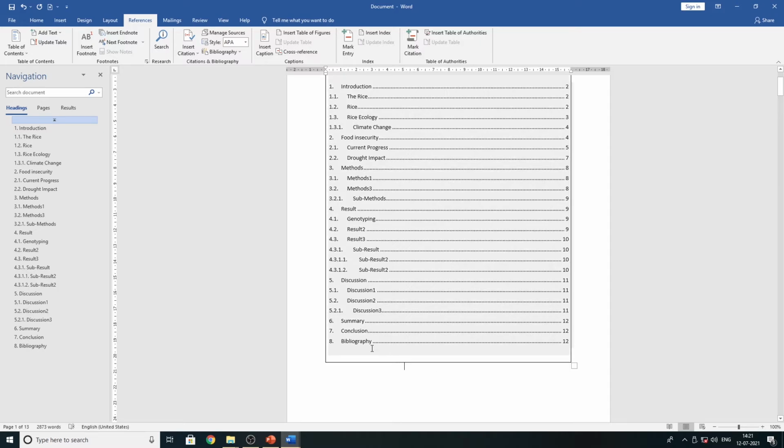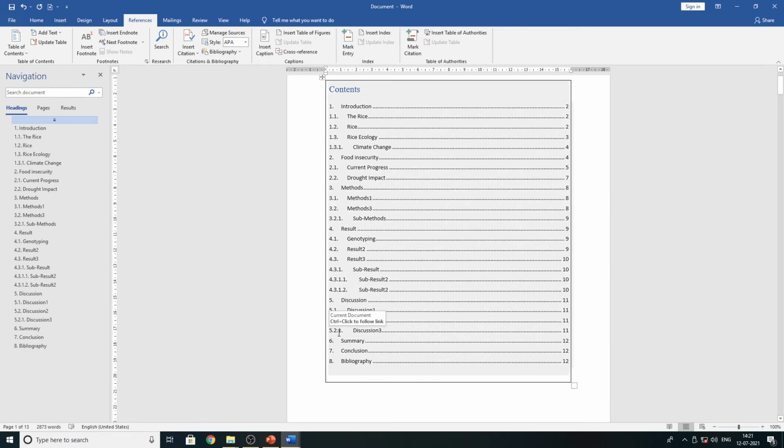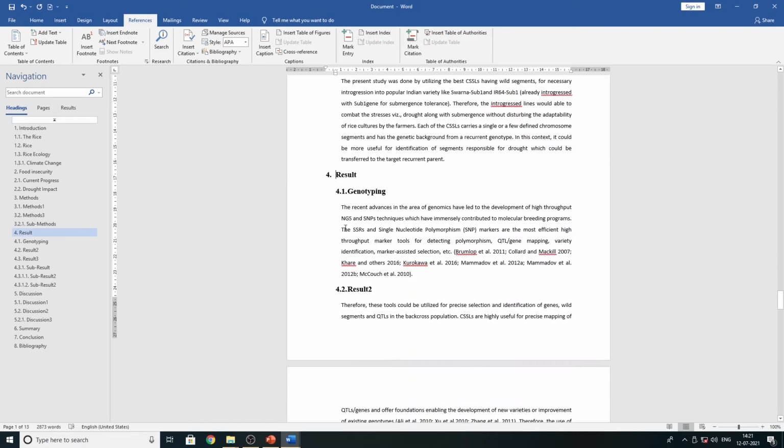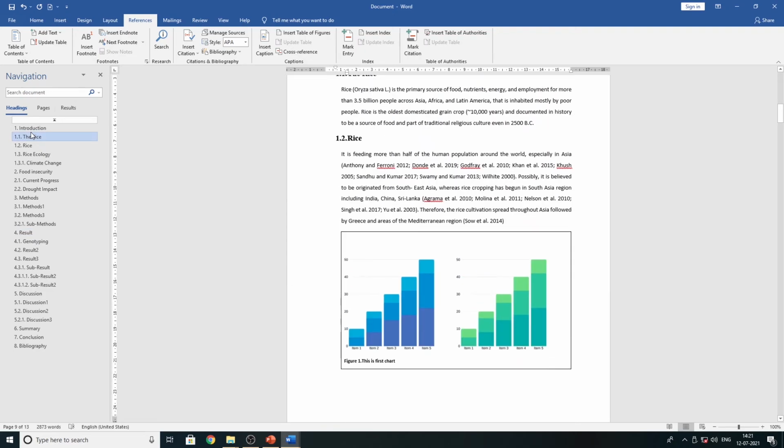You don't have to spend too much time and brain matching that page number. All these things can be managed by Word. You don't have to waste your time over there. From your contents, you can directly jump to the page of that particular content. See, I want to go to result. Just hit the control button and then click on that result. See, one arrow is there. See, one hand is there. Just click on result. You directly went to result. See how easy is that?